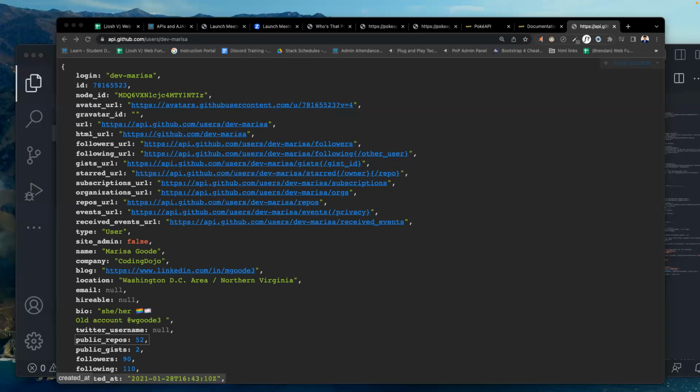Or for example, when you're logging into a website using Google's login information or Facebook's login information, you're using some third-party service to access a website. That is an example of an API, where you're using some other application that's not directly related to the main application. Okay, so those are API services.